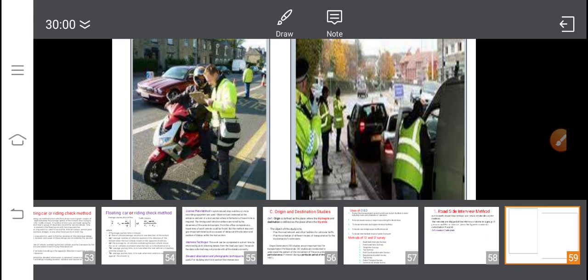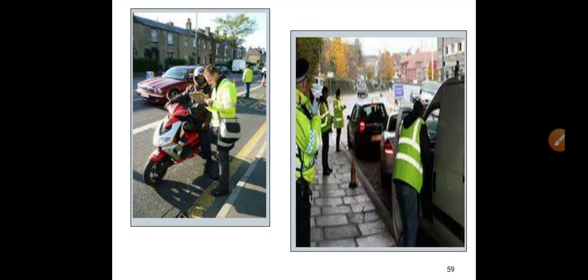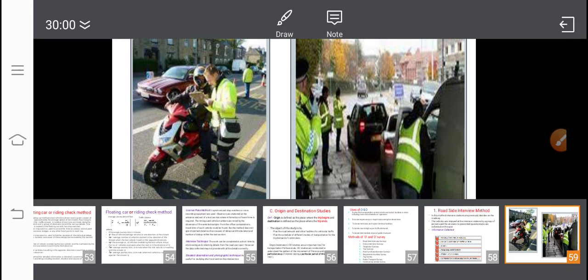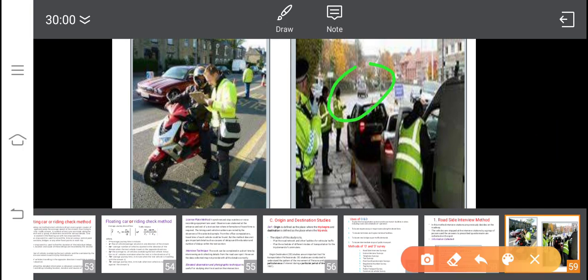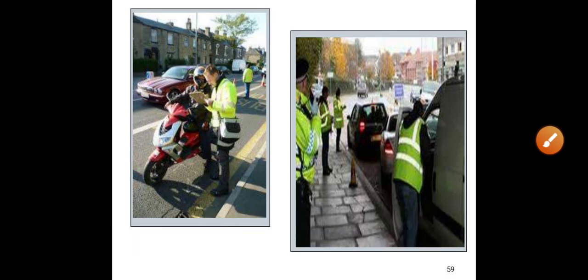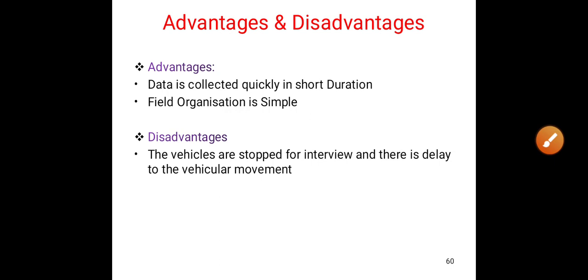You can see here how a member of the survey team asks the two-wheeler road user to stop by taking him to the extreme left side so that the running traffic will not be obstructed, and he is collecting the details as per the pre-prepared questionnaire. Here also in this figure you can see that. In that way the survey is conducted in the field very conveniently.